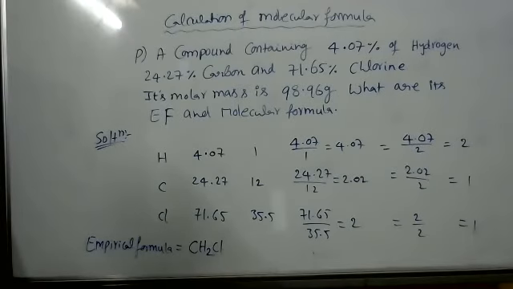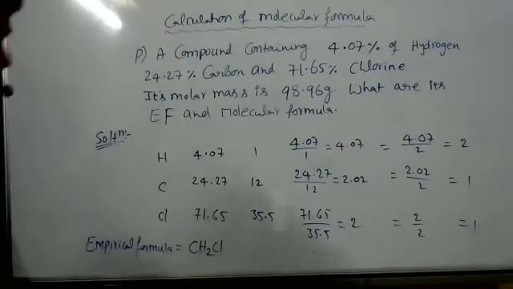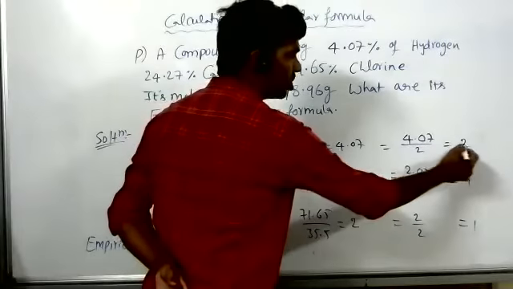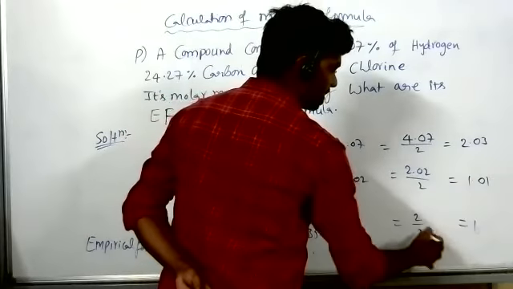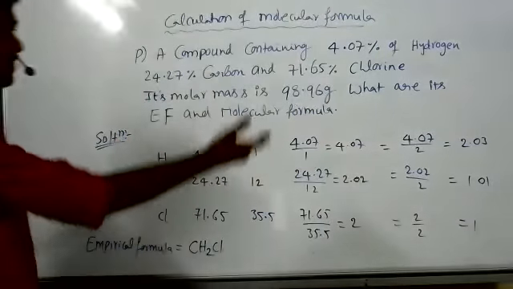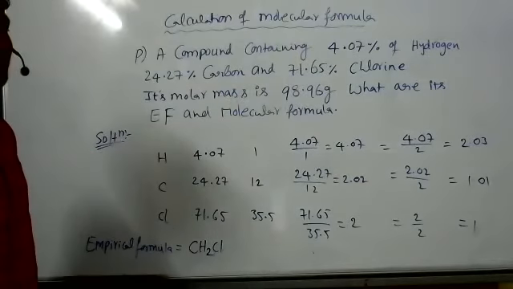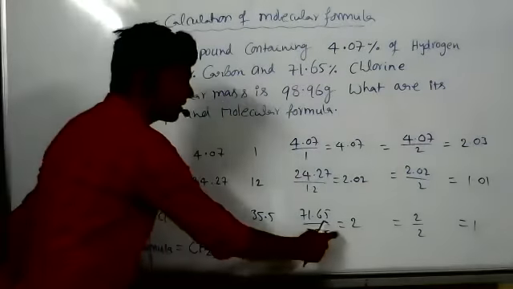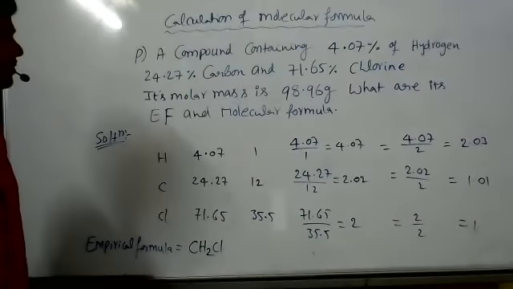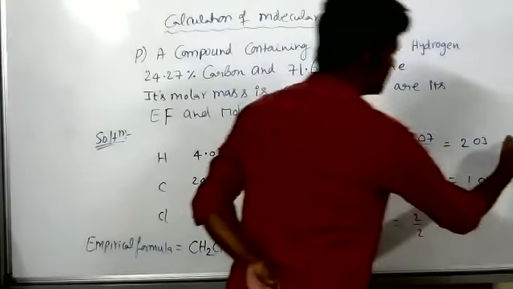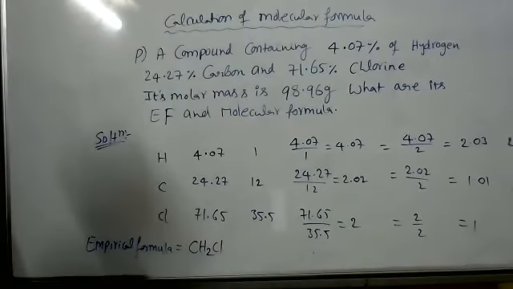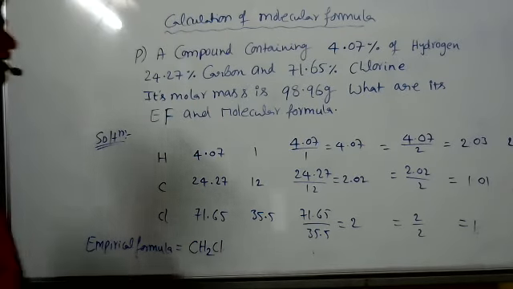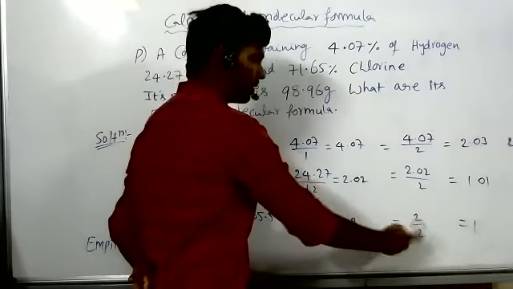So, how did you calculate the whole numbers? See here, it almost comes to a whole number value. Here it gives 2.03, this gives 1.01, so this is 1 only. The very small value 0.03 you can ignore. The whole number ratio is 2, 1, 1. But sir, if we keep it as 4 to 2 also, it will anyway get cancelled in the empirical formula, right? Yes, 4, 2, 2. Okay.